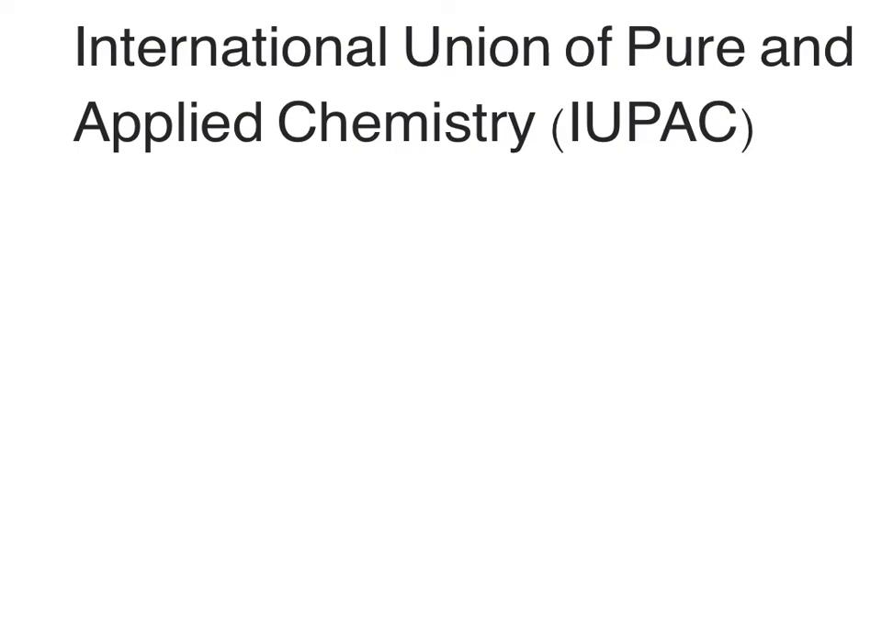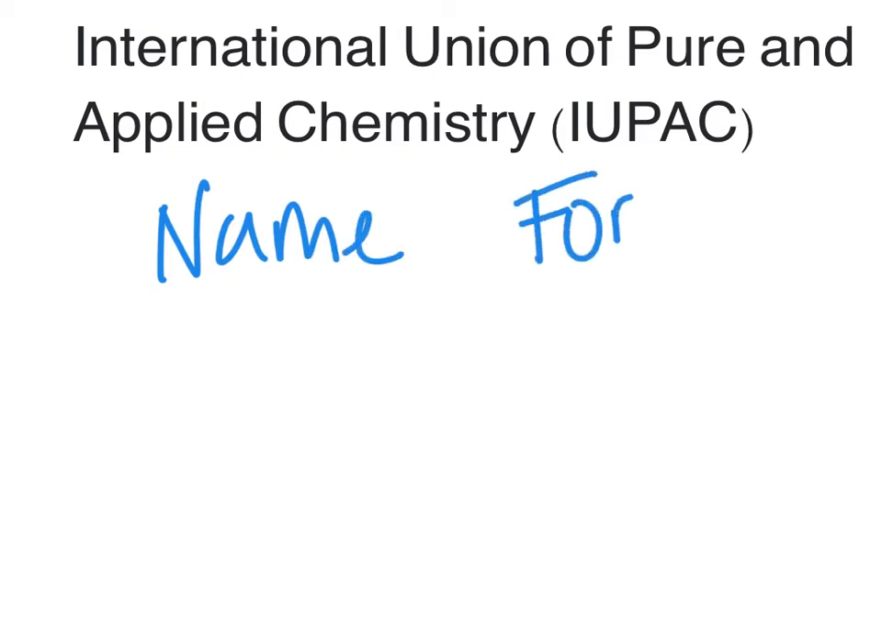So IUPAC rules are the ones that we'll be following and the ones that we'll be learning for these naming exercises. So something that you need to be clear on is that we have chemical names and chemical formulas. And what we will be doing is going back and forth between them. So I will give an example. So a chemical name,